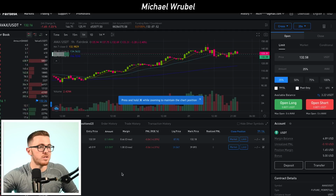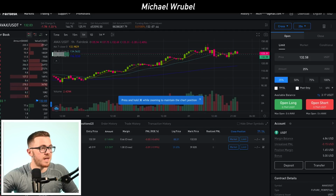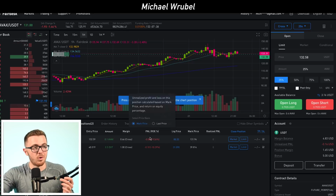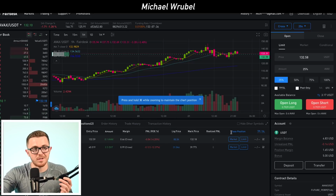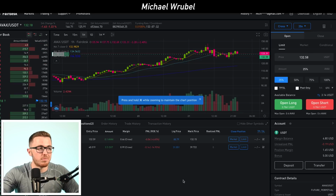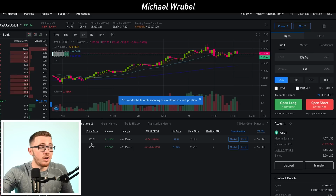They're long positions, so you could see right here, this is the market price. This is the realized profit and loss. Easy, simple. We can see exactly what is going on with our accounts. It also shows ROE, so that's very interesting as well. Last thing is, if you want to actually close a position, take some profits, see if you've maybe lost some money, well, all you do is